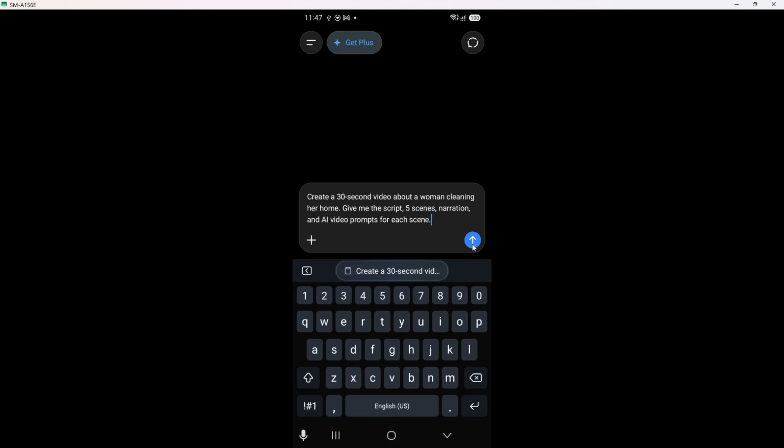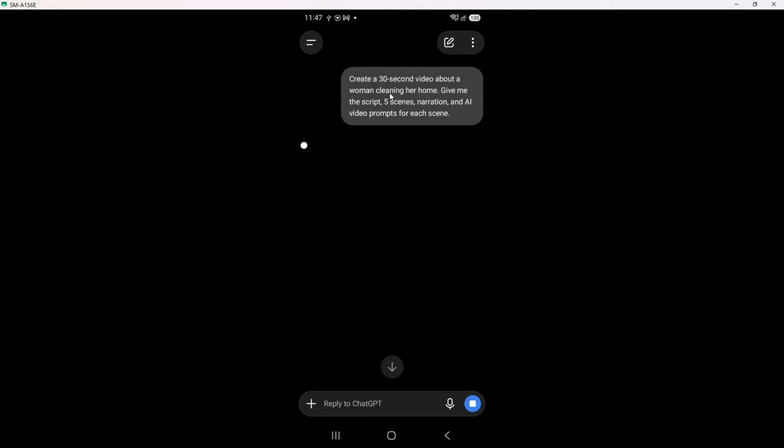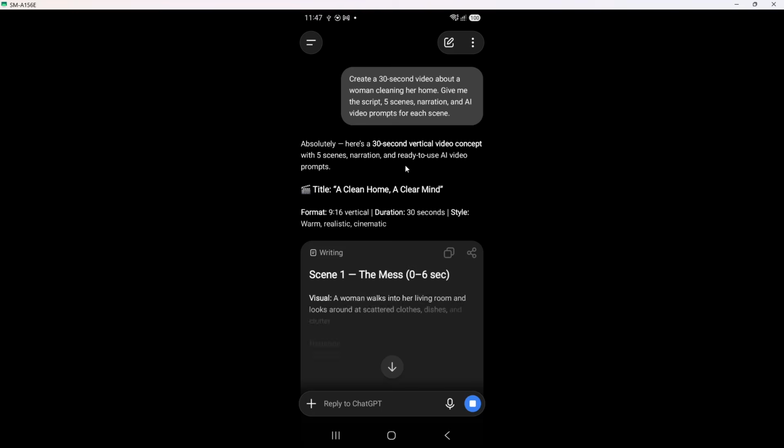In the same message or a follow-up one, tell it clearly that you want a full script with narration lines and a simple scene-by-scene breakdown. On screen, you will see ChatGPT reply with sections for each scene, along with the spoken text and sometimes notes on visuals. A useful detail here is that you can immediately ask it to adjust tone or length, and the updated script appears in the same chat.